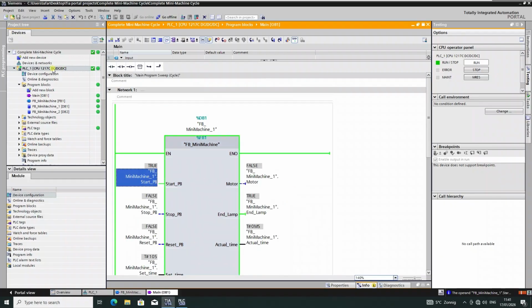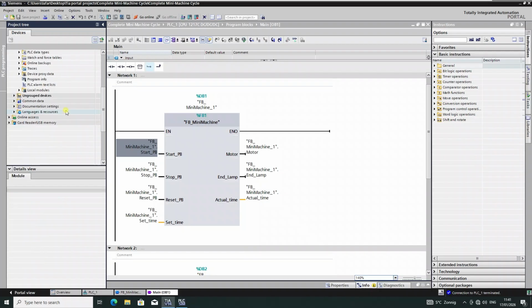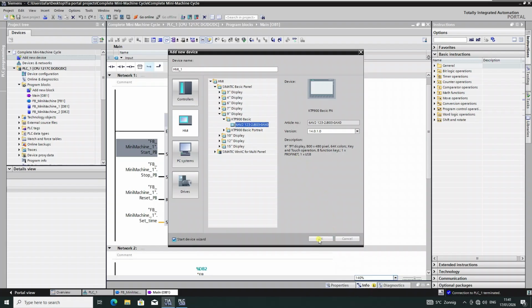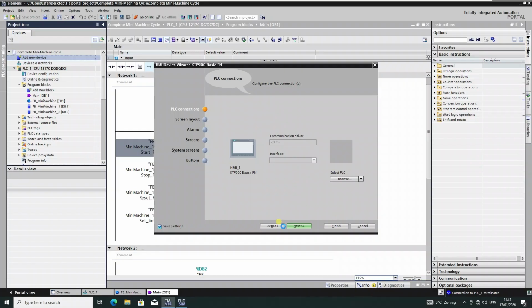Okay, so now we are going to work on our HMI. To do that, we go again offline and we add a new device. We go to HMI, we choose display 9, the basic one, the first one, we add to our program. We can configure